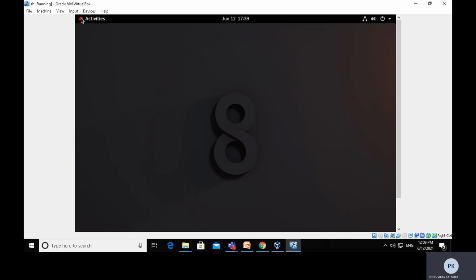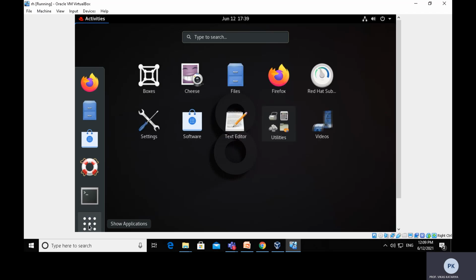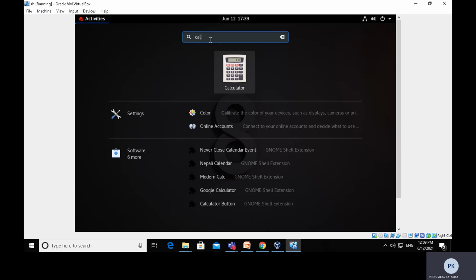This is the activities menu. If you click here, it shows the browser, files, software collections, help and terminal, and show applications. You can search for any application by putting in the name. Suppose we want to search for a calculator, we type CAL. So we got the calculator application.